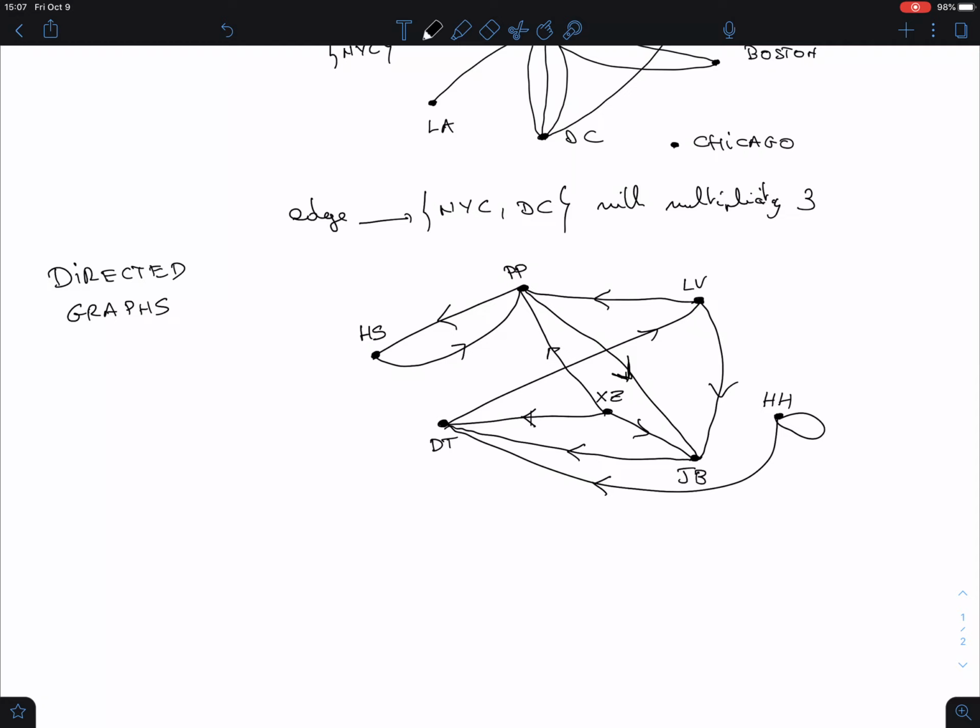Okay, suppose we have now a directed graph in which all the edges have become arrows. So in a directed graph, an edge is now an arrow. In other words, it has a direction. Let's put in this edge here, I'm going to use a different color. This edge, let's call that E. How is E represented? Well, now I'm going to write the originator, the beginning point, first, and then the end